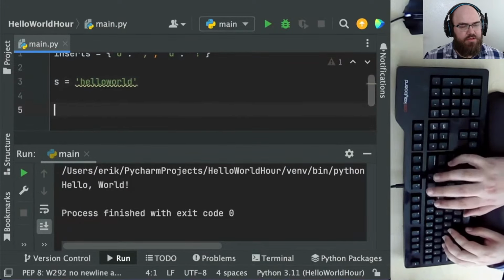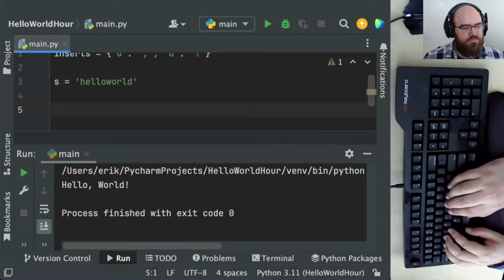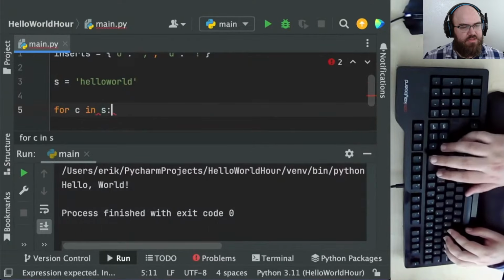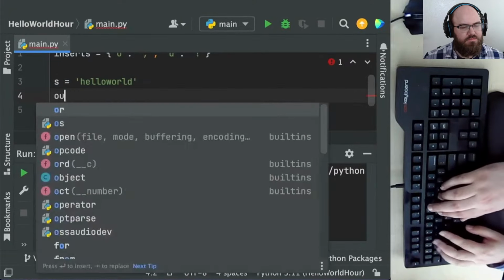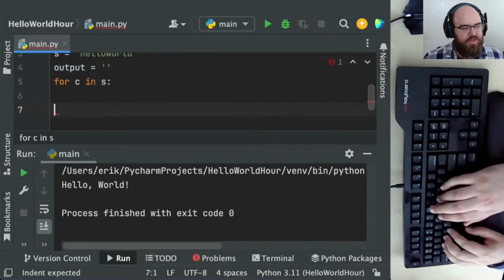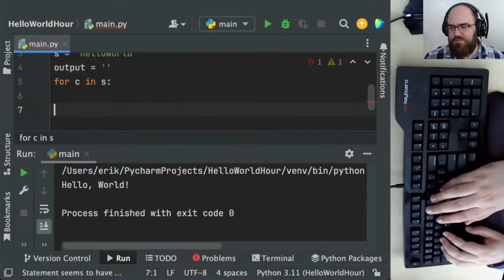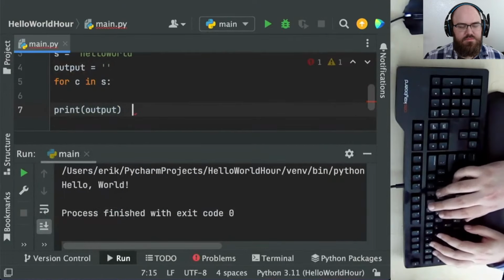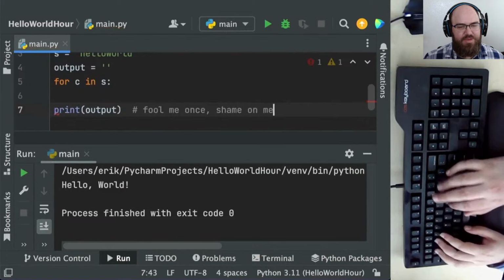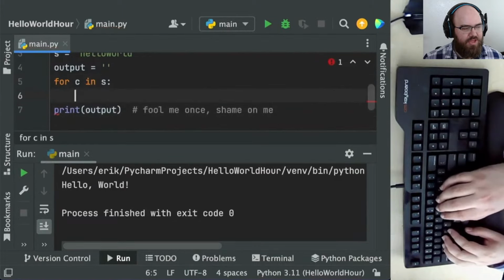We take the string hello world, taking characters in the string. Don't forget to start with an output variable. All right, fool me once, shame on me. I'm not going to forget to print twice.